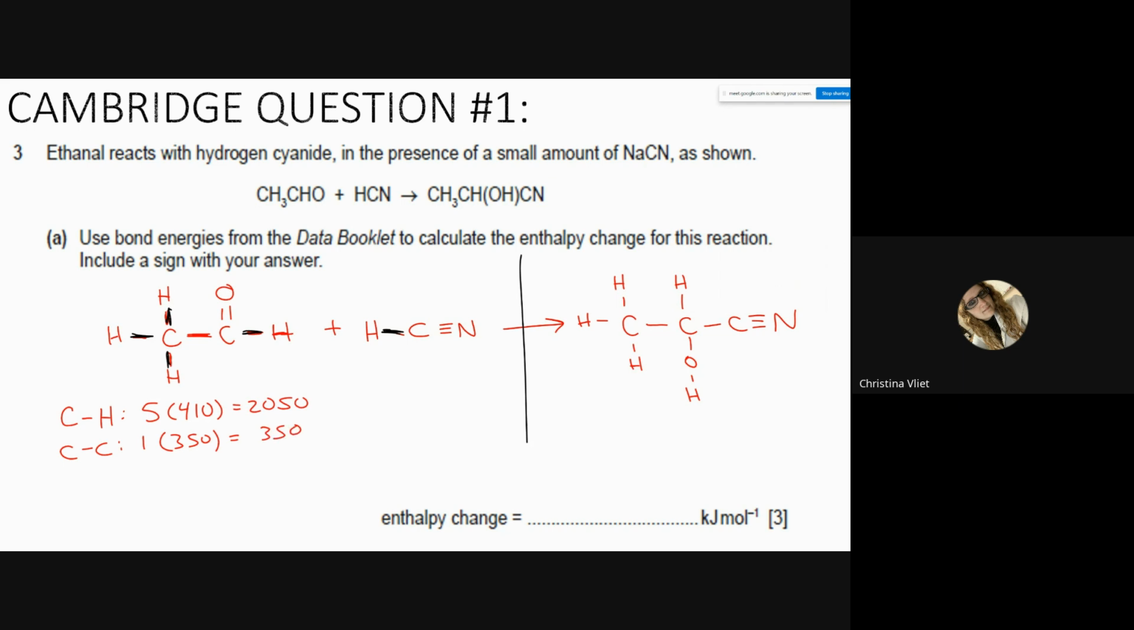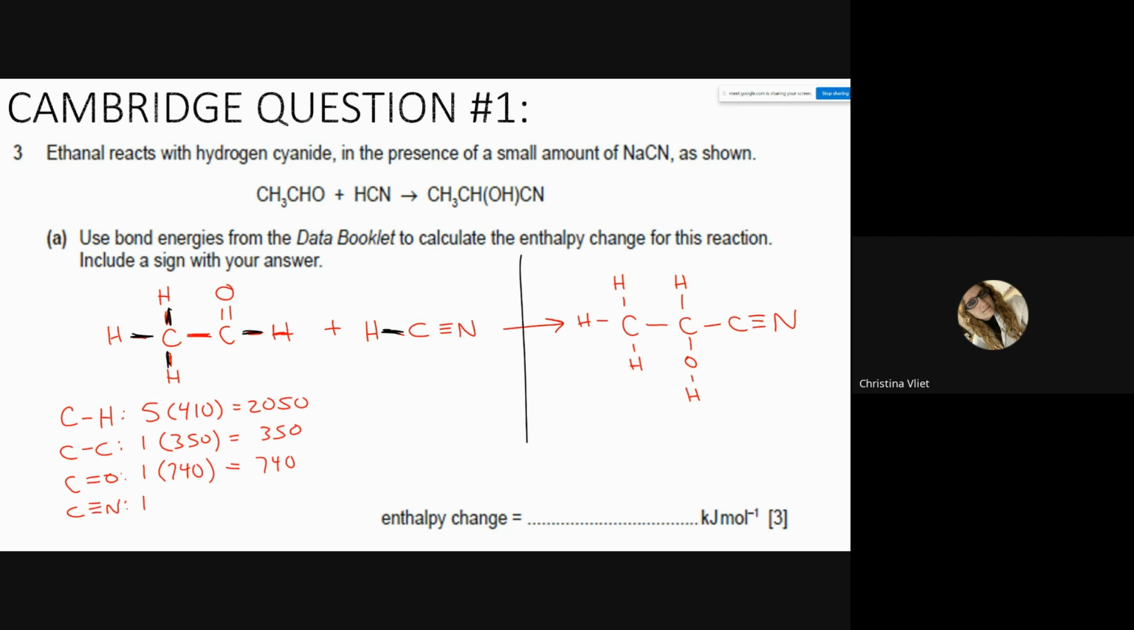C double bond O? One of those. 1 has 740. Wait, let's double check that. You're right. Be careful with C double bond O with the data booklet. They give you 2 numbers. One that says C double bond O, and the other one says C double bond O in only carbon dioxide. This is not carbon dioxide, so we do use 740 here. And what else do we have? C triple bond N, which is